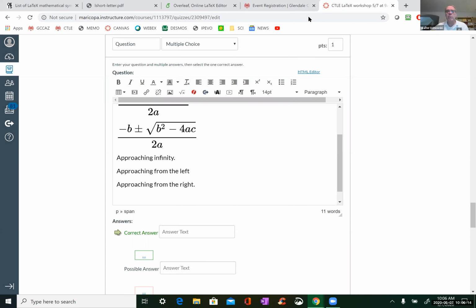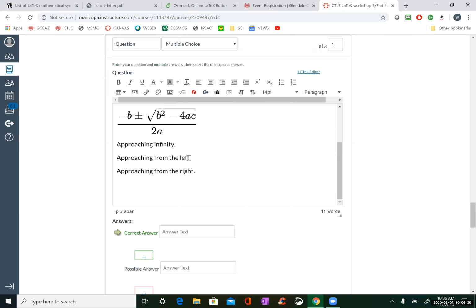I had one other question, Walter. Do you ever do your editing in a different LaTeX editor and then copy and paste it into Canvas so that you don't have to deal with the fact that there's no undo button in Canvas? I'm usually, this is on my tablet.